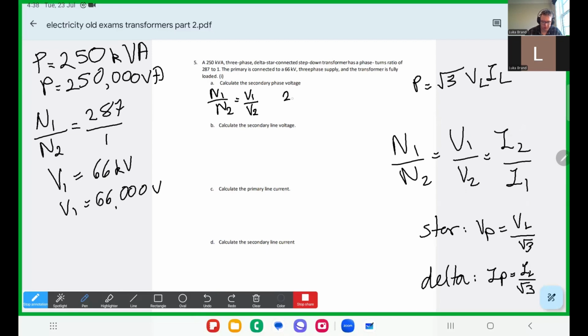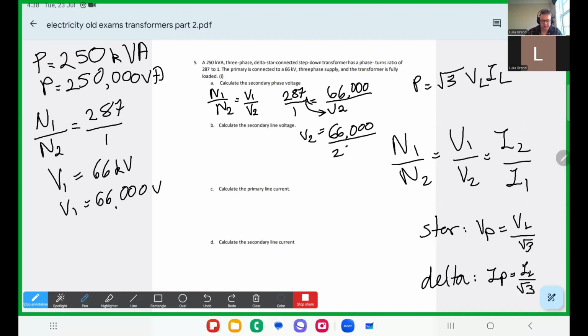So that's 287 over 1 equals V1, which is 66,000, over V2. Now, in order to solve this, I'm going to switch these two. So that's going to give me V2 equals 66,000